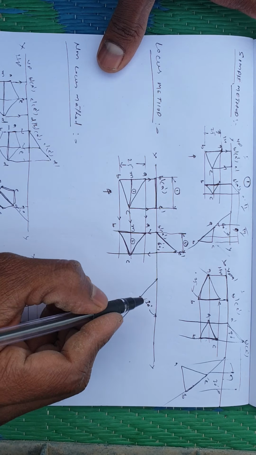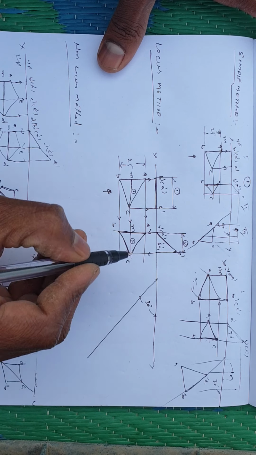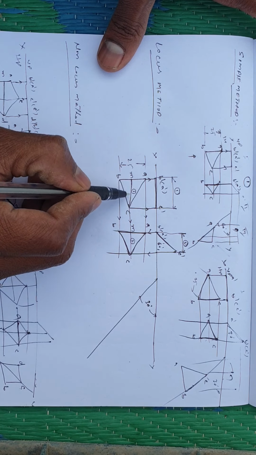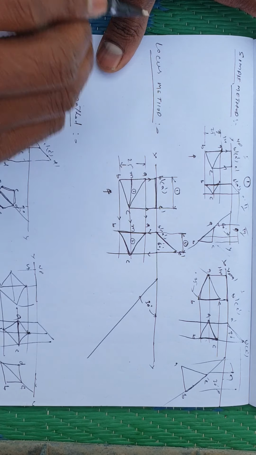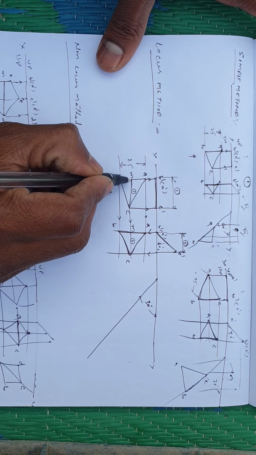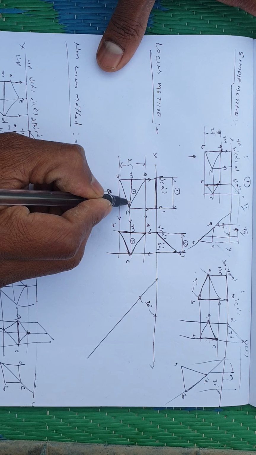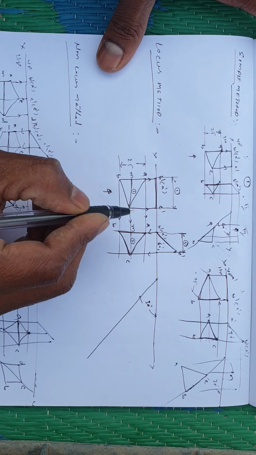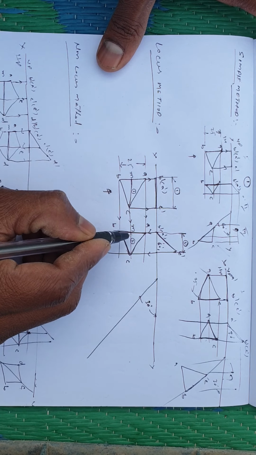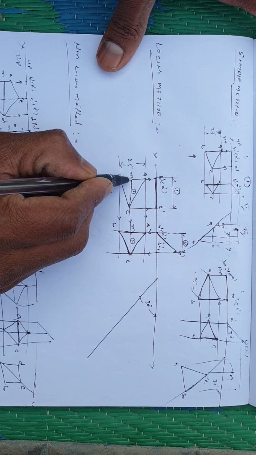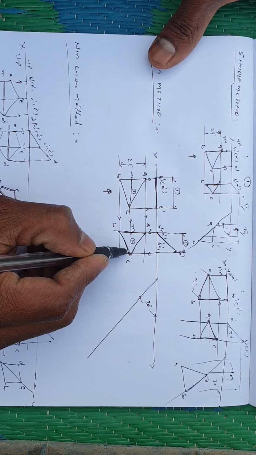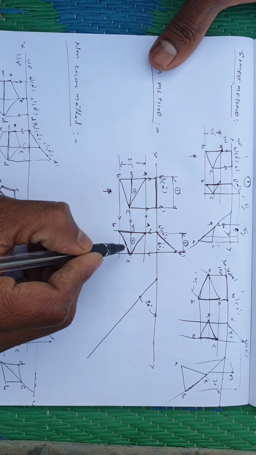This is the given VP line. Now draw the median. This is the true median. Assume the word median is given: join the center point of the side to the opposite corner. This is the median line, and this is also a median line. This is the true median line, and this is the apparent median line. This distance is different from the apparent median distance. This is more and this is less.